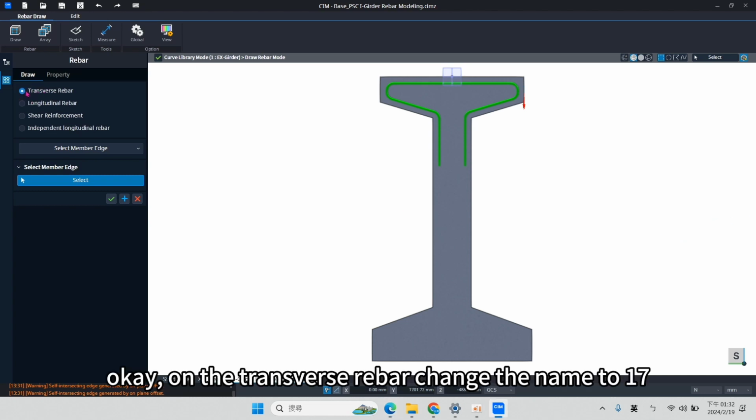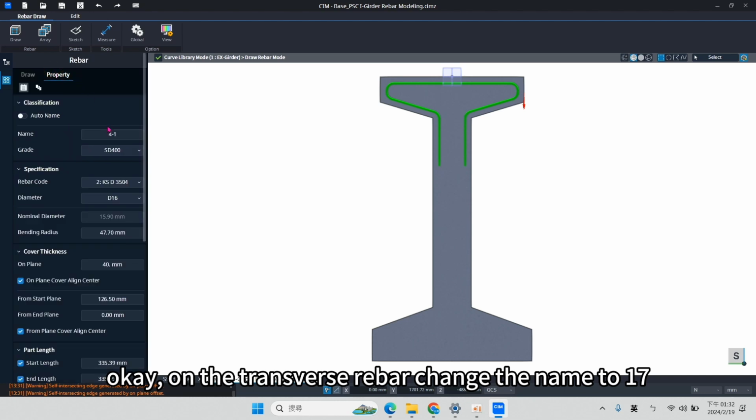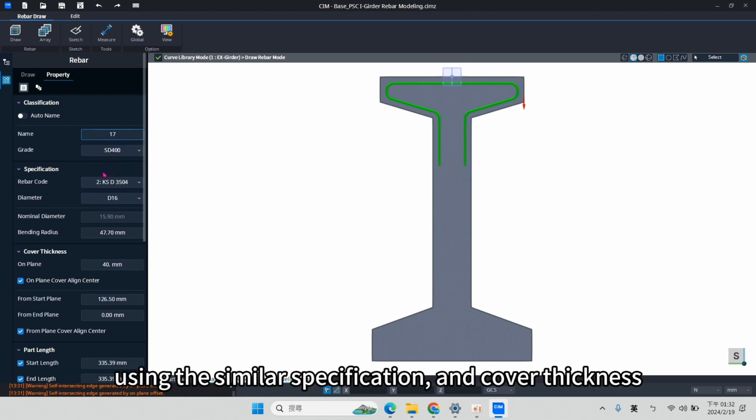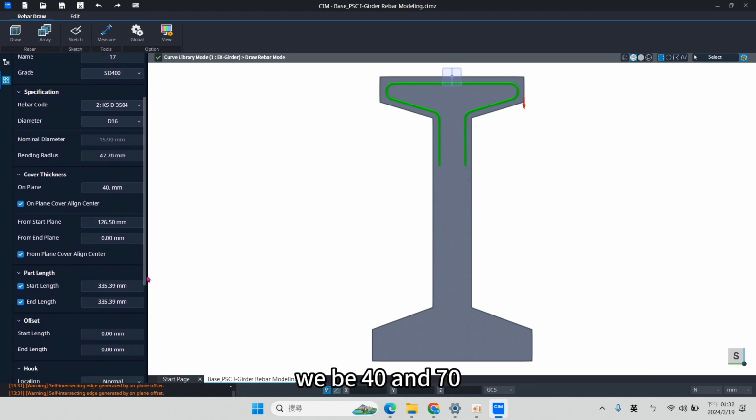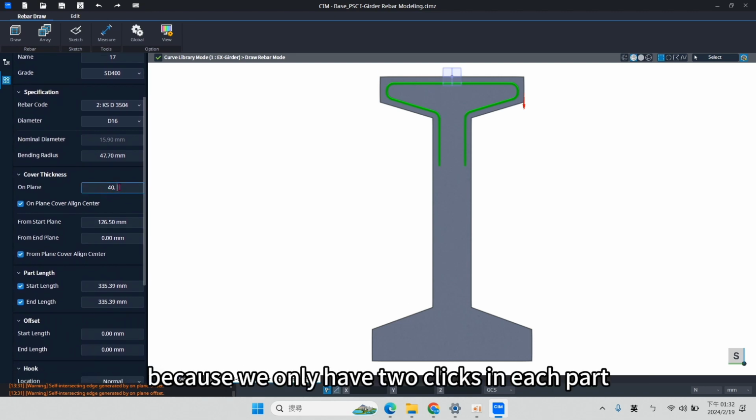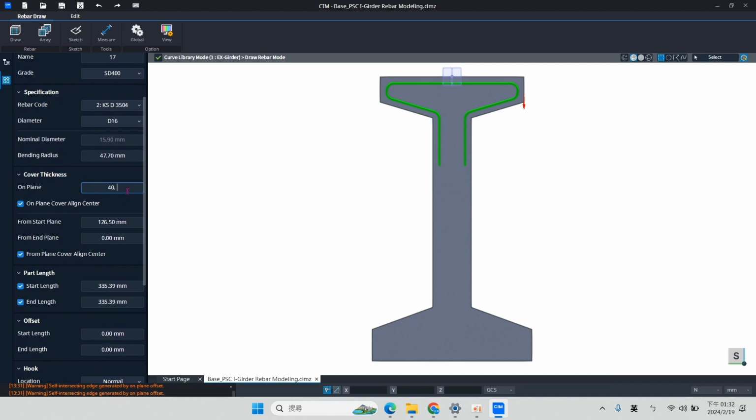Again, you can click on the transfer C bars and change the name to 17, and then similar specification. The cover thickness will be 40 and 70 because we only have 2 clicks in each part. Okay.